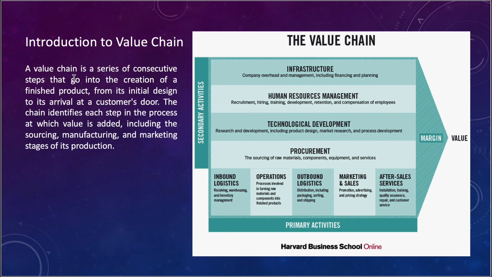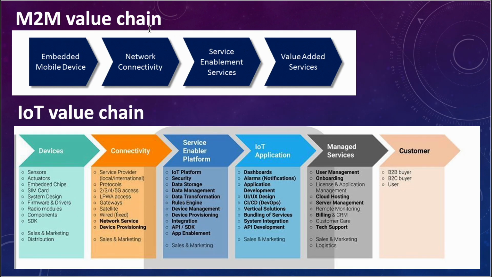For Cisco, the value of the product will be their outbound logistics, which would be the core switches. So that is a value chain inside another value chain. You can understand what I'm trying to say here. So what we are basically talking about in this chapter is that inside an IoT